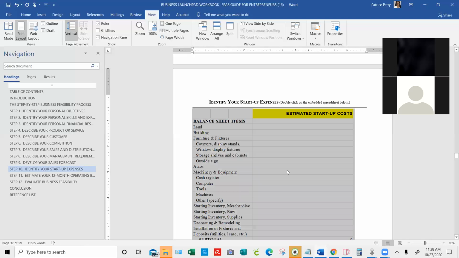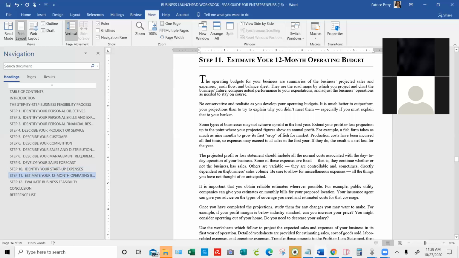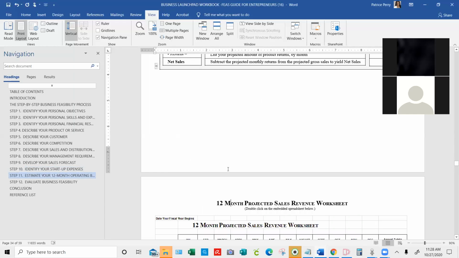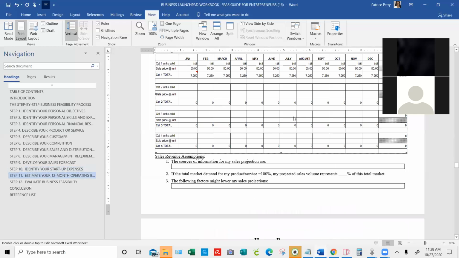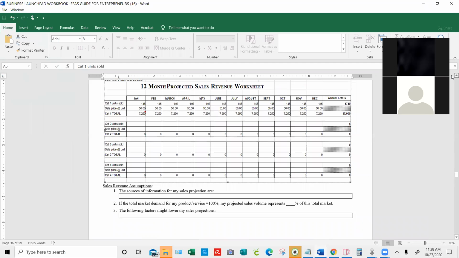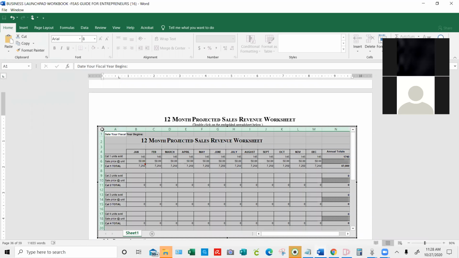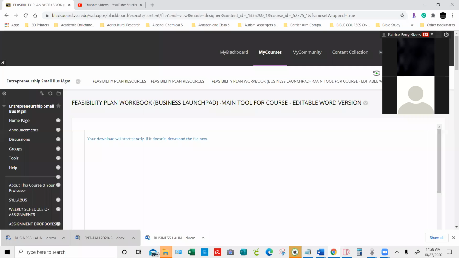All right, so basically what I wanted to show you guys is that once you complete any one of these spreadsheets, then you can actually copy the entire spreadsheet and paste it into your PowerPoint. Let me go ahead and get to a place where I can do that. So you can highlight the whole spreadsheet, do Control C, and now I'm going to go and open